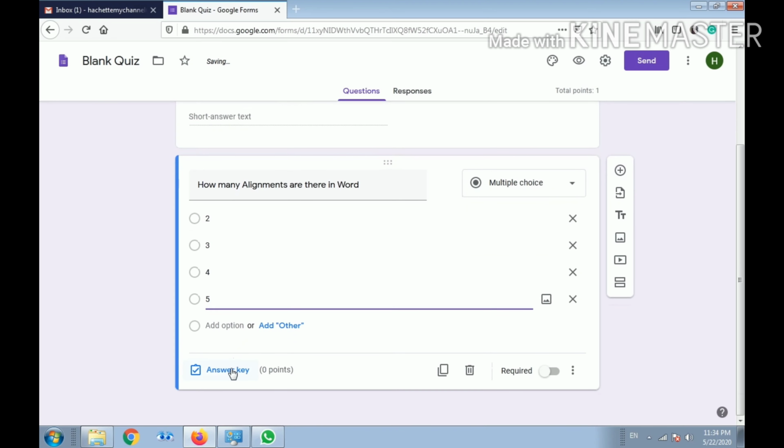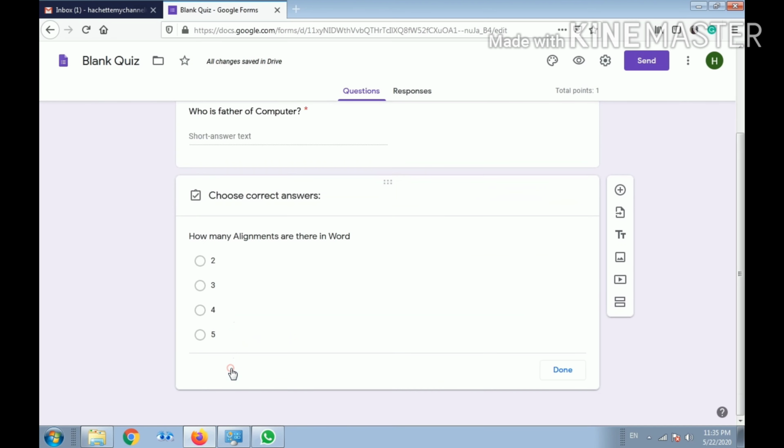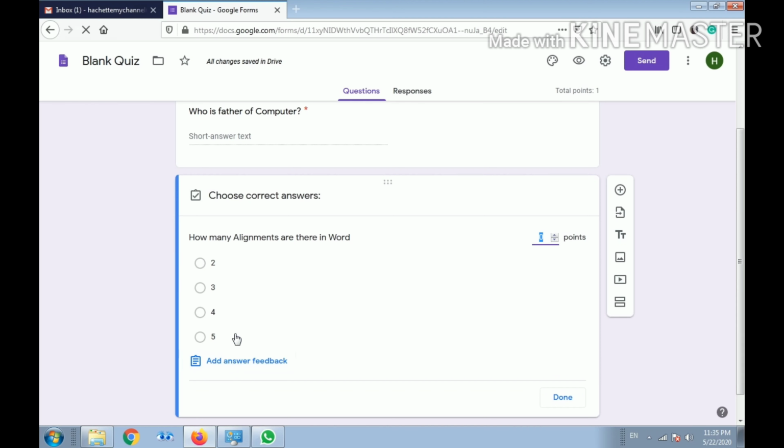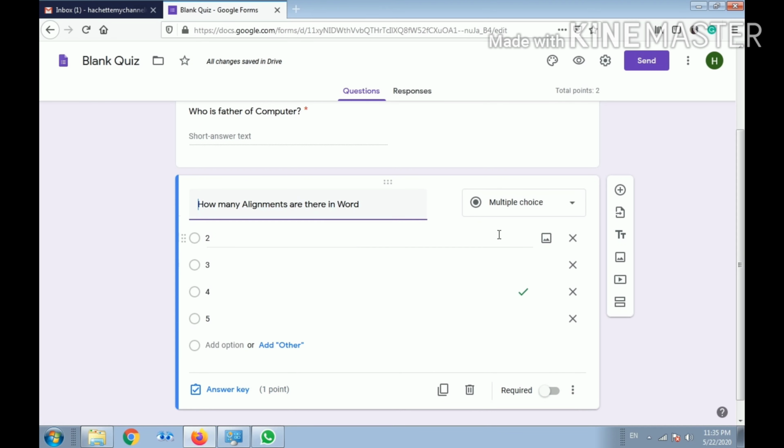The student has to choose the correct answer out of these. So I am marking the correct answer. The correct answer is 4; 4 types of alignments are there. This question will also be evaluated on a 1 mark basis. Click on Done. This question is fixed.